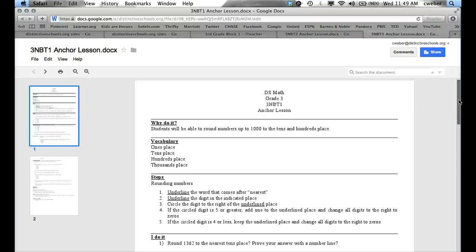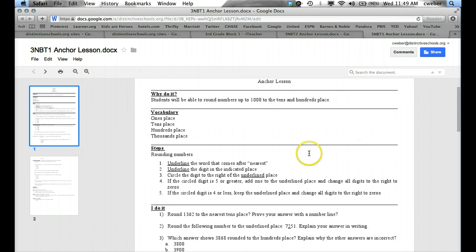It's a good way of checking our answer. It builds on what we know about place value, but it's a really important skill, rounding. And then you see steps. So when we were earlier talking about metacognitively processing, how do I go about solving this problem? You can see here an idea of the steps that could be associated with rounding numbers, and you might